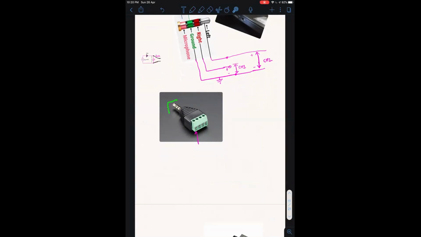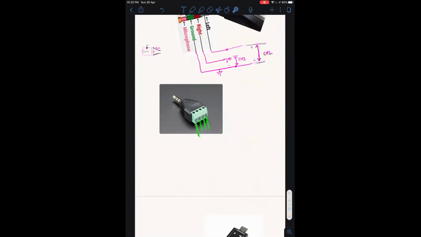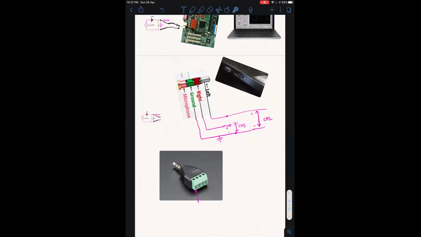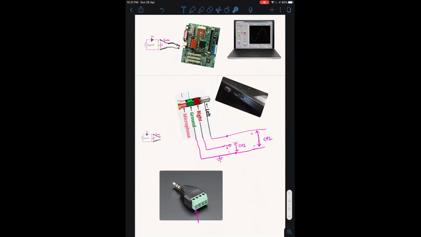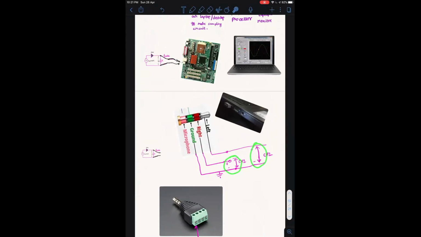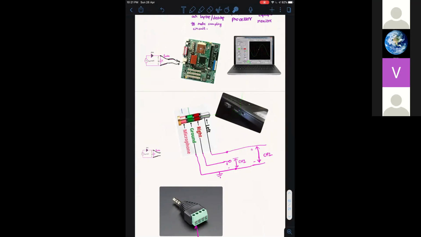In the 3.5 audio jack there are four connections, and you can take those four connections out from here and make a connection like this. When you make a connection like this, whatever signal is present in this port, in channel 1 and in channel 2, will be displayed on your laptop through the scope.